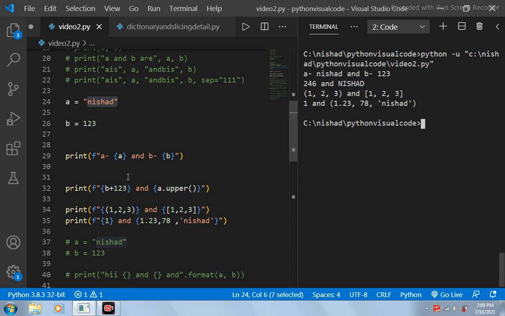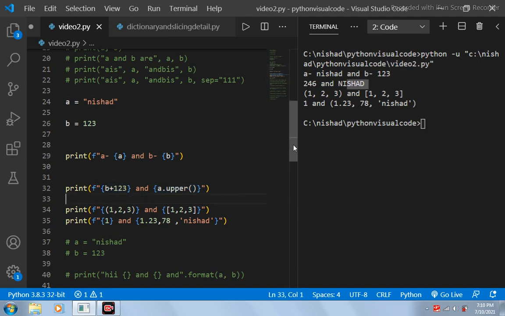Okay, I can also perform operations on the variable over here. I can add, or, this is a string function, upper, which basically converts all the lowercase letters to uppercase letters. So these operations will be performed first, and then this string will be printed. So here the addition operation is performed first, and the conversion of the letters to uppercase is performed, and then this whole string will be printed.